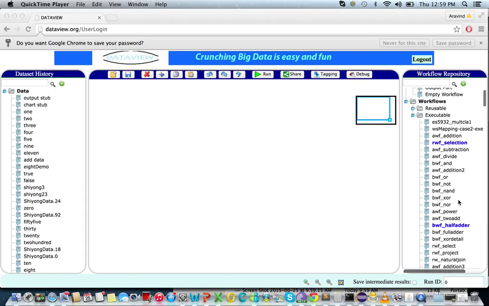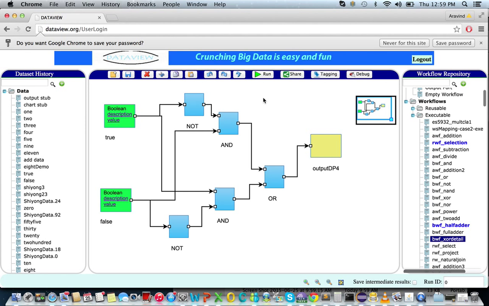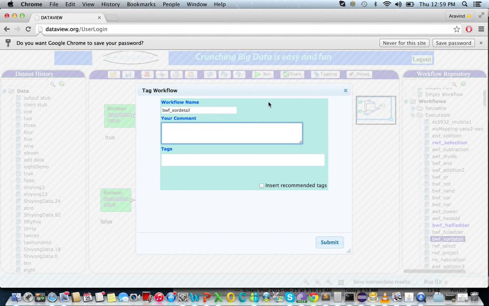So in order to create a workflow and annotate the workflow, let's see an example. Let me first click on this workflow, and then the workflow engineer, after they create this workflow, can easily click on this button called tagging, and once you click on the button, you can write your comment like this is